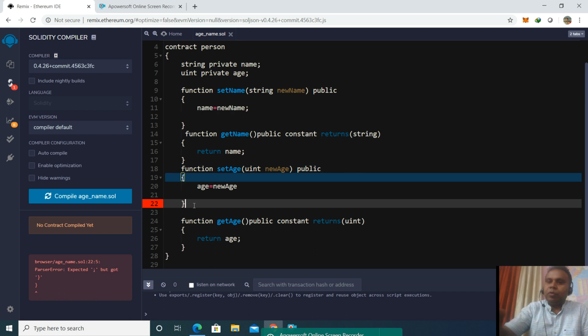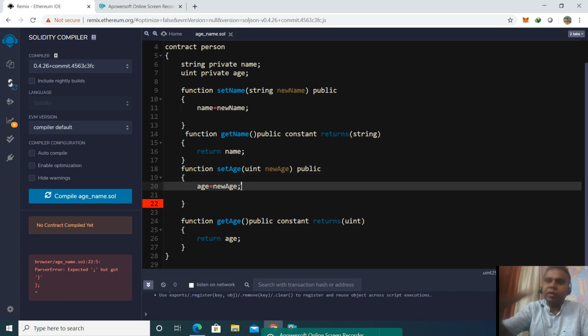Now again when I put a semicolon over here and compile again, sorry, the semicolon has to be given over here.